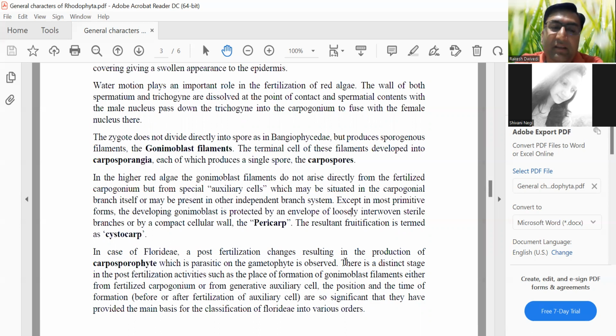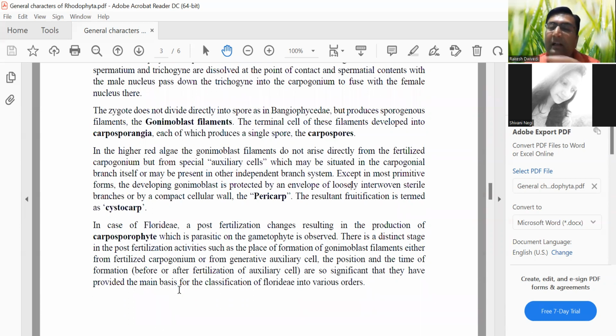There is a distinct stage in post-fertilization activities, such as formation of the gonimoblast filaments, either from the fertilized carpogonium or from the auxiliary cell. In primitive forms, the gonimoblast filament develop from carpogonium. In advanced forms, the carpogonium, the supporting cell, and other cells, they fuse together to form auxiliary cells, and this auxiliary cell give rise to the gonimoblast filaments. And this is very significant in case of red algae because it forms the basis for the classification of red algae